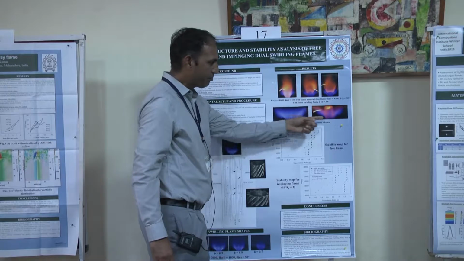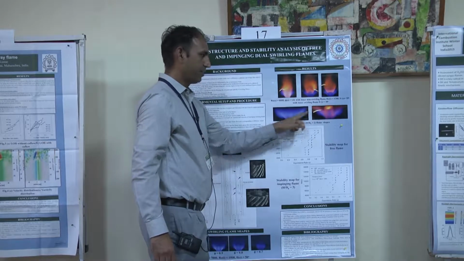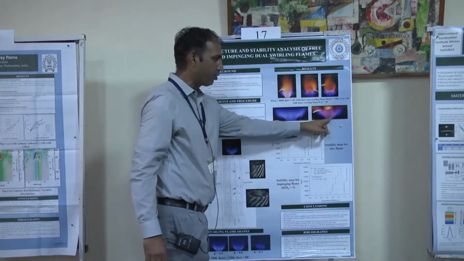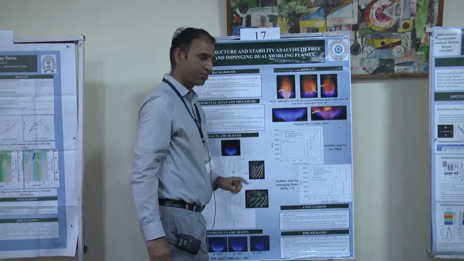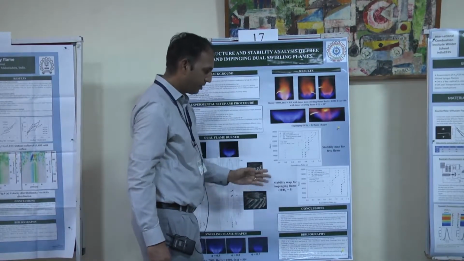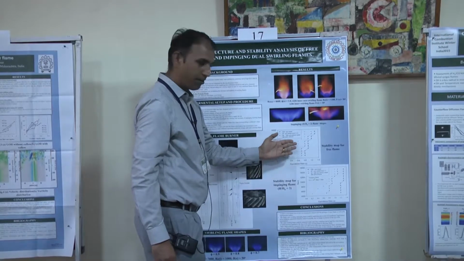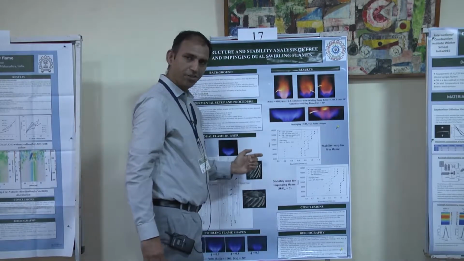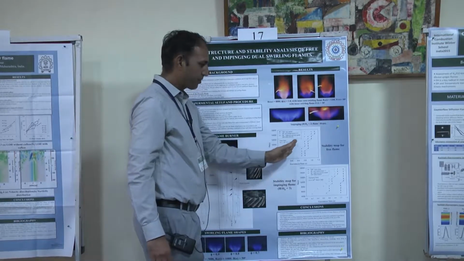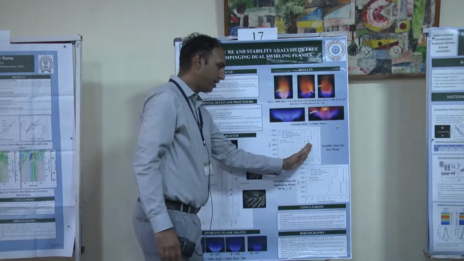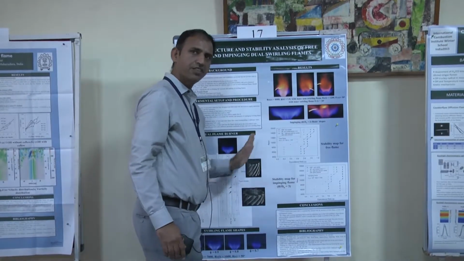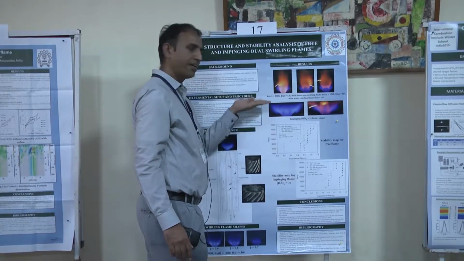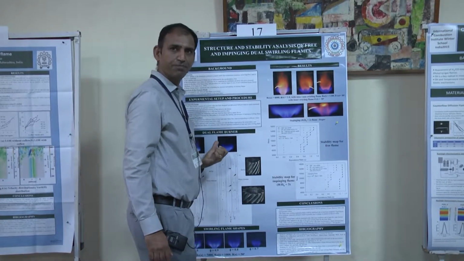Here I am showing some pictures of the impinging flames, and again we can notice the modified recirculation zone in the presence of the inner flame. These graphs show the benefit that we are getting by using the dual flame. We can easily notice that in the presence of the inner flame, the blowout limits will be extended towards the leaner side, and very high flow rates are possible for our dual flame.